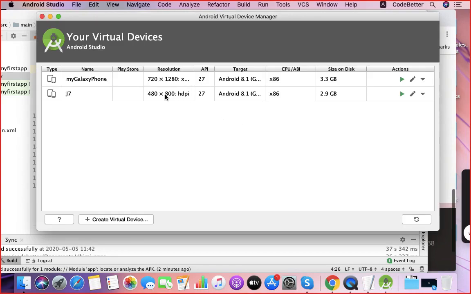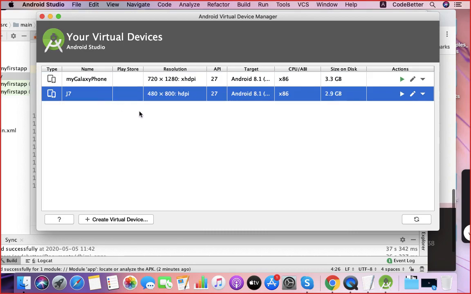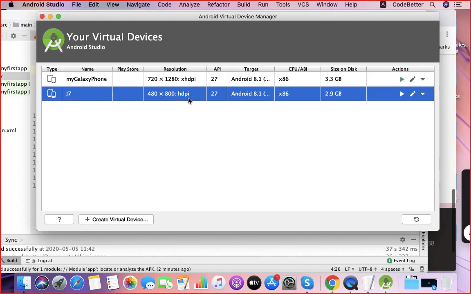One virtual device is my Galaxy phone, another is J7. One size is 720 cross 1280, another size is 480 cross 800. HDPI means the density, the number of pixels per inch. And the Android OS loaded on it is Android 8.1.